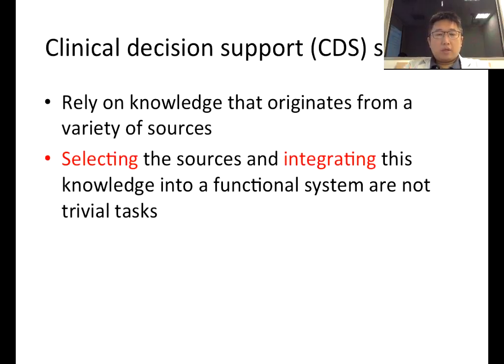But after reading this chapter, I have an impression that, because this book was written in 2007 or 2004, at that time their conclusion is it's hard to extract the knowledge from clinical data. So in this chapter, they conclude that currently most clinical decision support systems are still manually